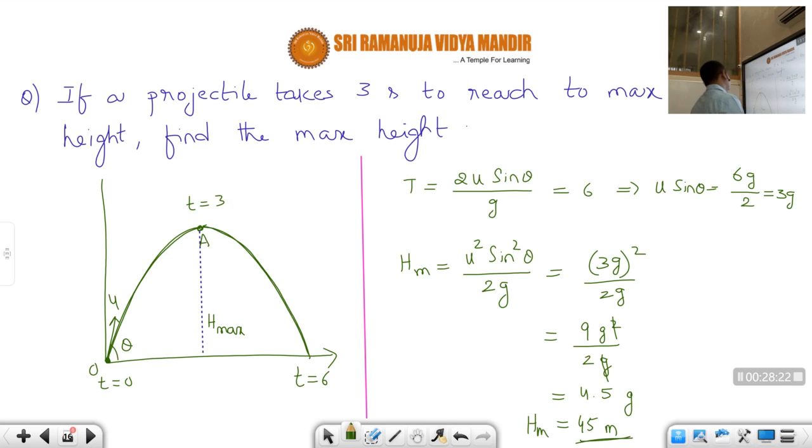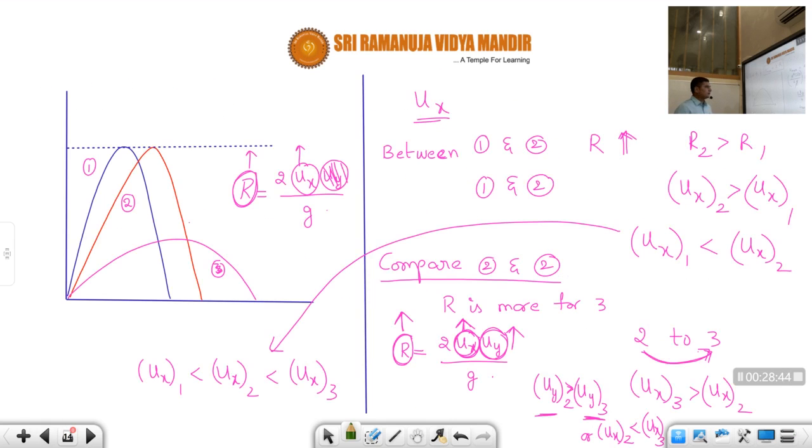So like this we can always apply the equations of motion, the expressions for time of flight, maximum height and range. Okay, students, solving the problems using these equations is very easy. Of course you should know what the terms in these expressions are, but be careful with the analyzing part, especially the range part. I hope you are clear with this one.